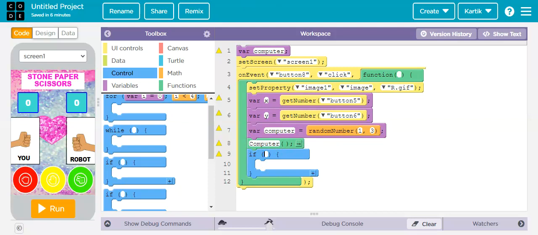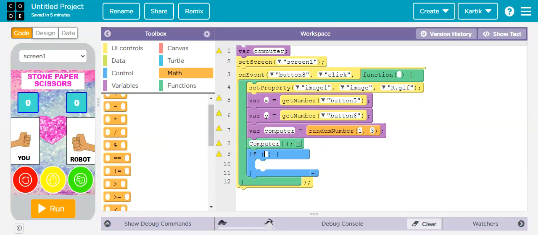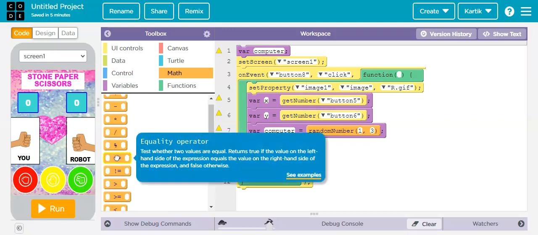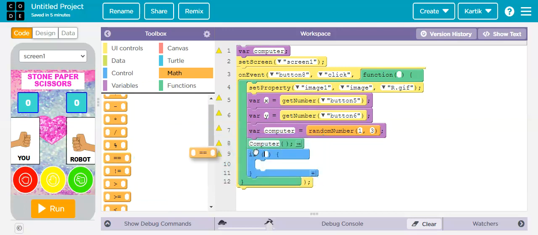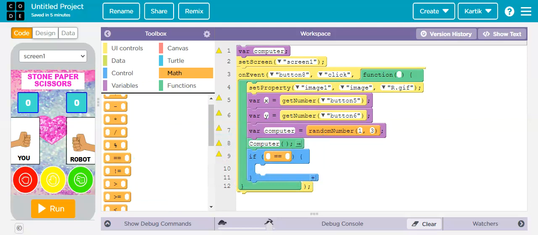So now I'm going to go to maths right here and drag the equality operator. It tests whether two numbers are same or not. So if a variable computer equals to 1,